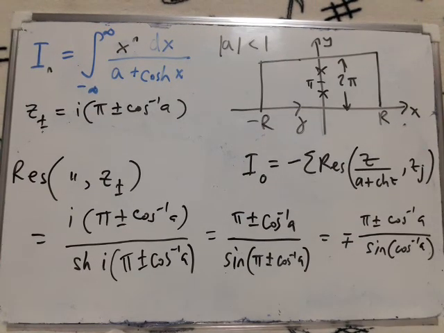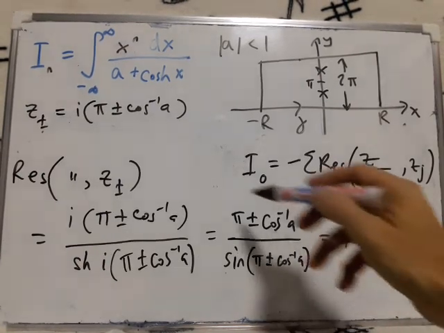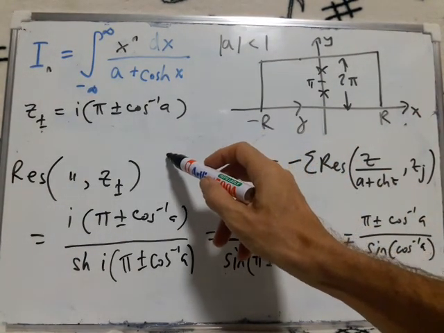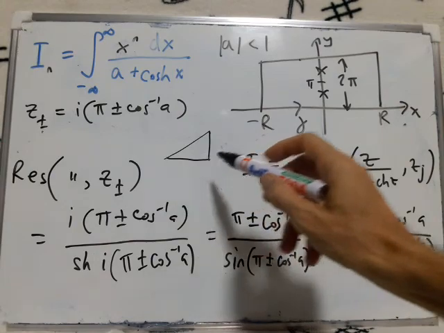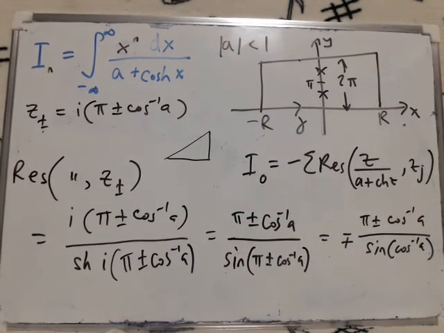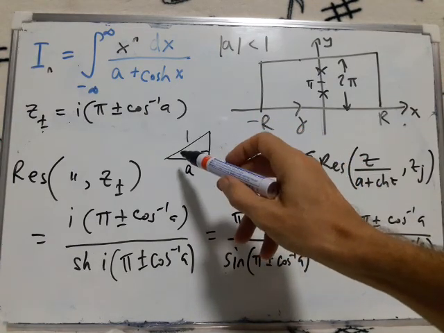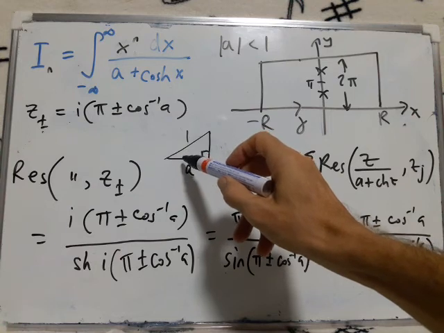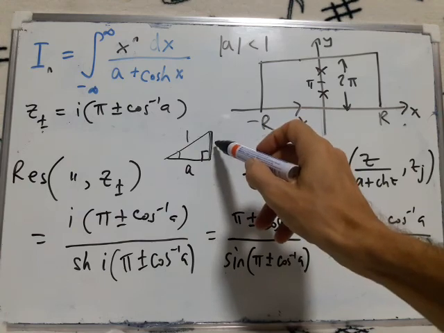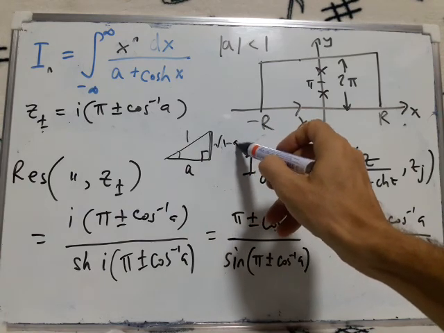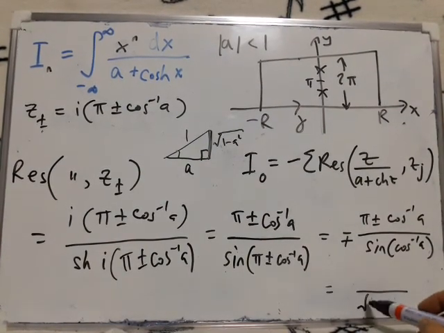So I need to work out what this sine of inverse cos of A is. That's easy to do with a little triangle. Right angle triangle with an A here. Inverse cos of A is this angle here, and sine of that angle is this distance here, which by Pythagoras is the square root of 1 minus a squared. So this quantity here is root of 1 minus a squared,